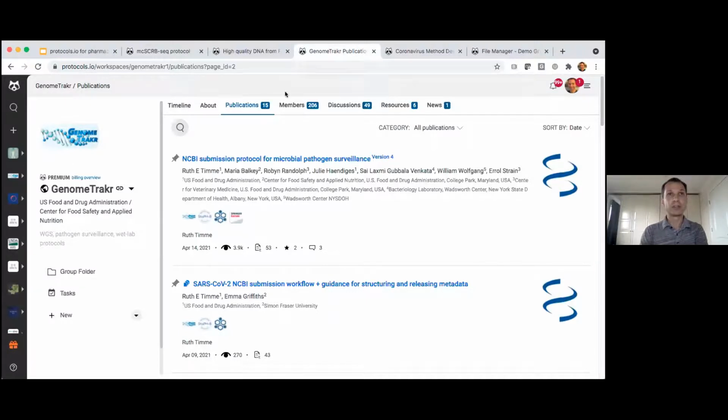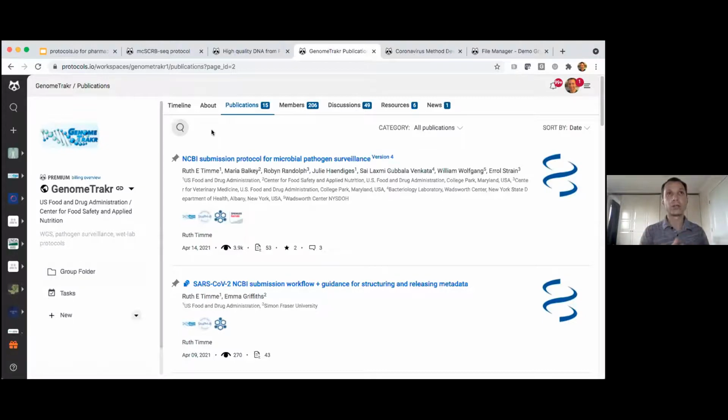So this is an example of a public workspace from the US FDA pathogen surveillance group. And what you can see is that the protocols are not just sitting in a giant repository, but the protocols are organized in a community, in a workspace.